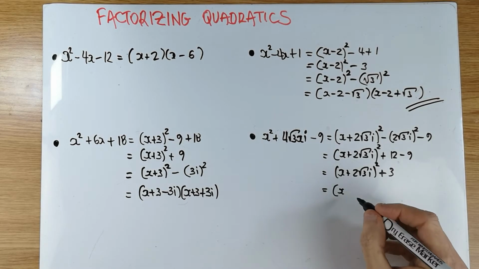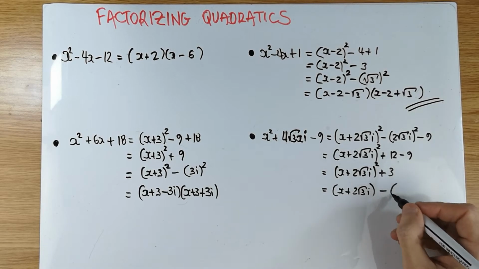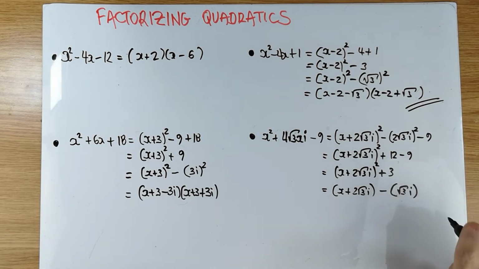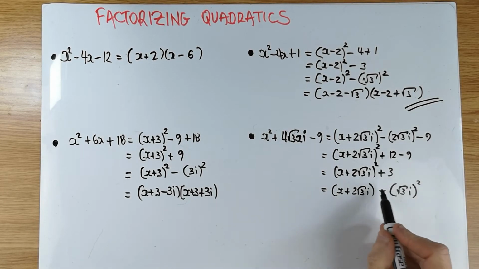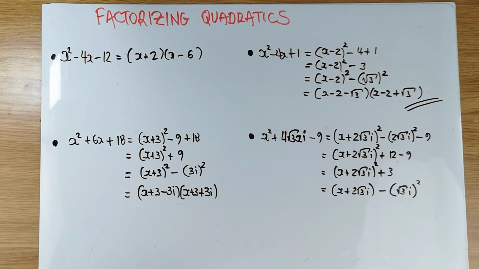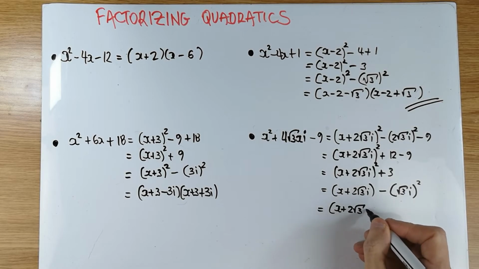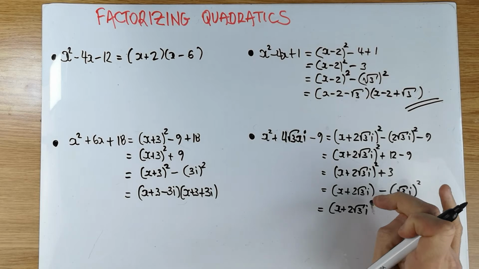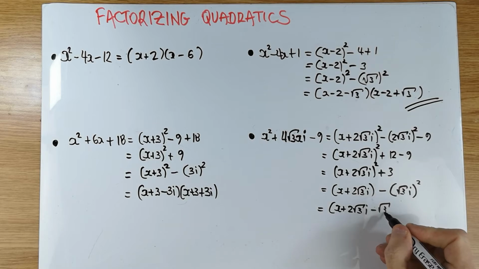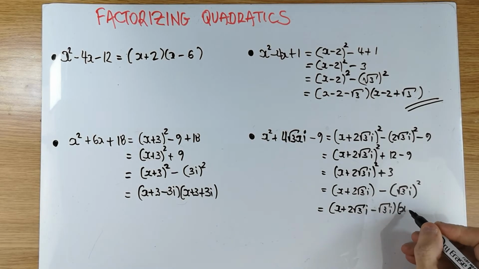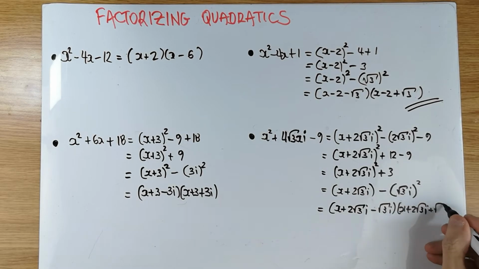I can do it over the complexes. So I'm going to write this as minus the square root of 3i all squared, just checking that it is exactly the same thing. The i squared gives me the minus 1, times the minus gives me the plus, and of course that's my 3. And now again, I have difference of squares, x plus 2 root 3i, oops, I missed the other bit, minus a root 3i, and then we go x plus 2 root 3i plus root 3i,